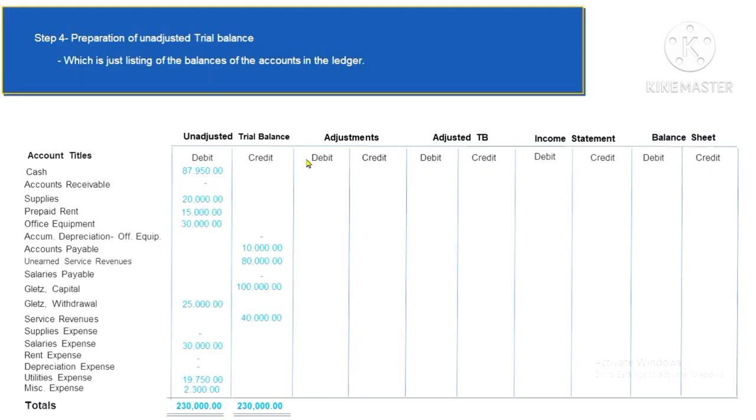Other parts of the worksheet are the company's name in the center, as well as the word worksheet under it, and of course the date. To complete this, you just need to fill up the adjustments columns, and that would be on the next episode,